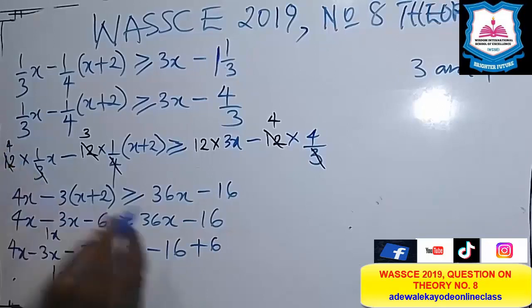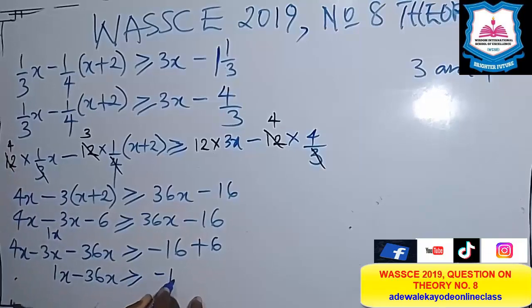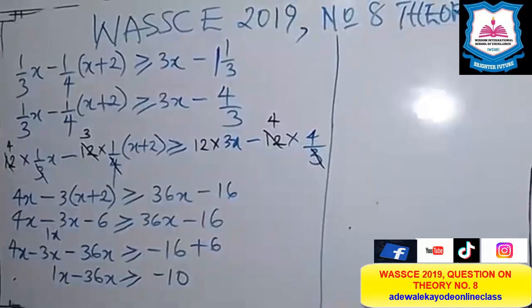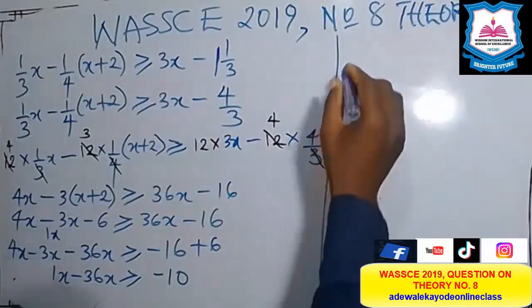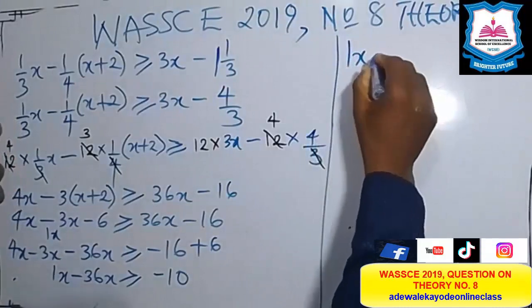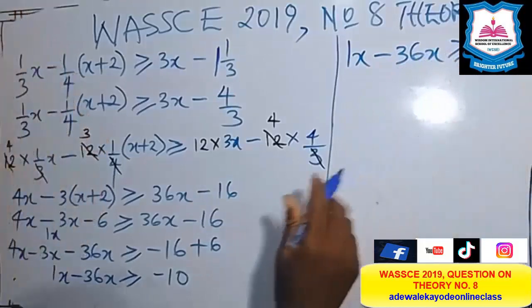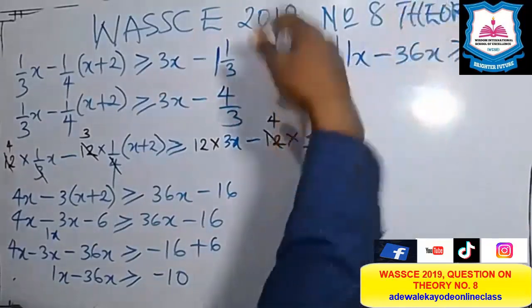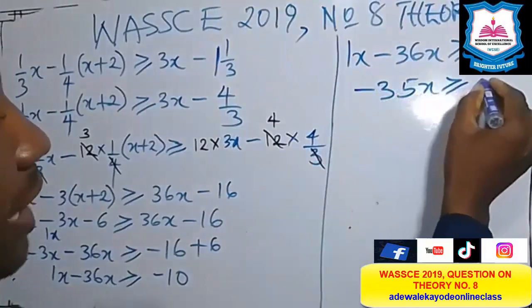You owe 16 naira and you have 6 naira, you have to go and pay that 6, then we are left with a debt of 10. Now let us continue from the other side. We have 1x minus 36x greater than or equal to minus 10. Now, you have 1x and you are owing 36x. You need to go and pay that your 1, and you'll be left with minus 35x greater than or equal to